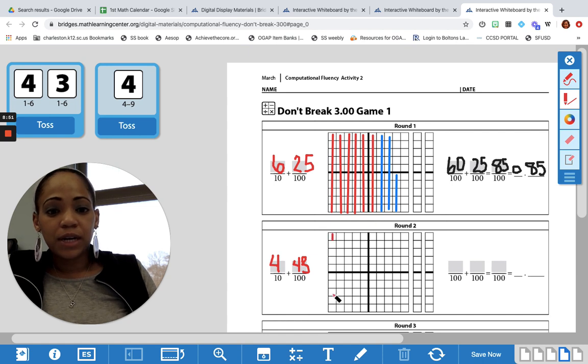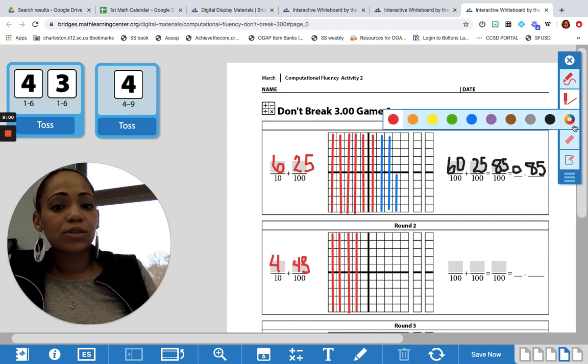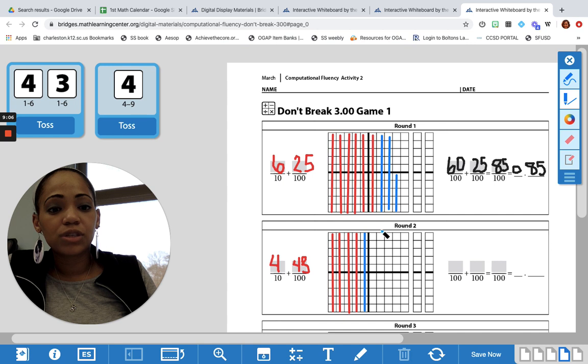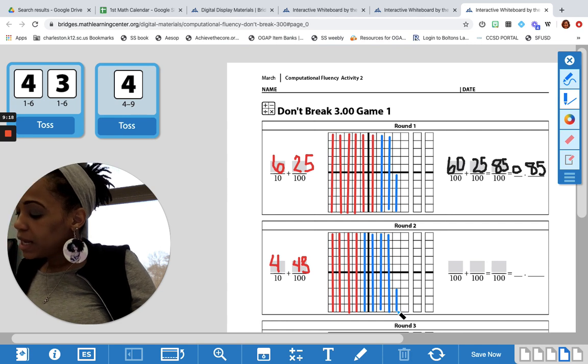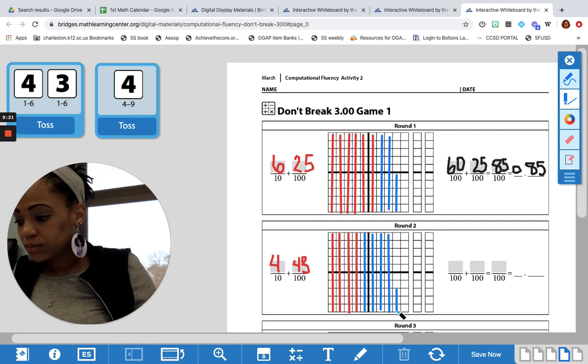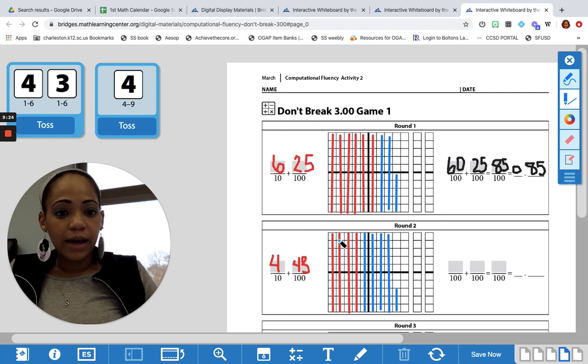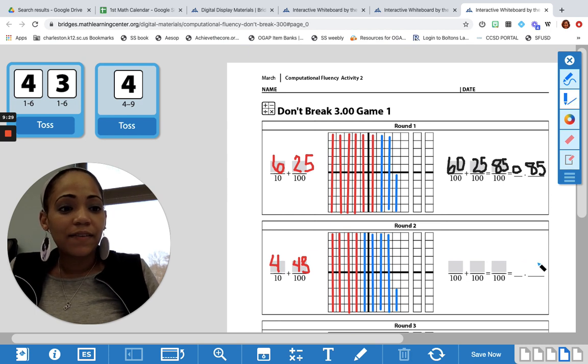So here's my 40, or my 4/10. 1, 2, 3, 4. And then I can do my 43 hundredths. Here's 10 hundredths, 20 hundredths, 30 hundredths, 40 hundredths, and then 1, 2, 3. So what is my total? Here's easy for me to see, 50 plus 30 is 83. I know I have 83 hundredths as my total,